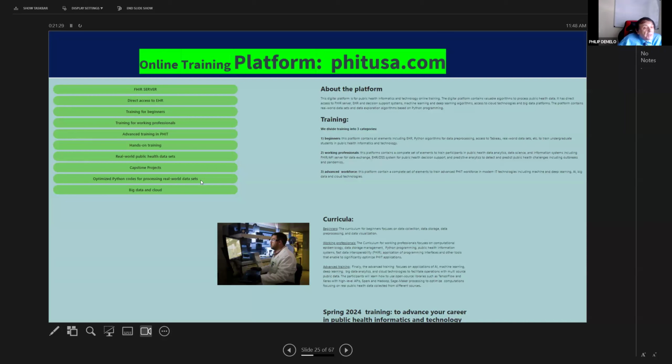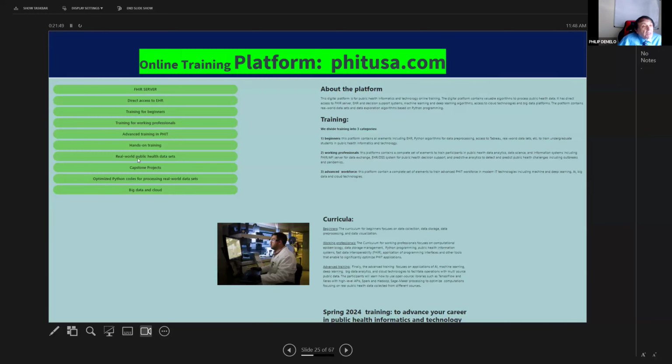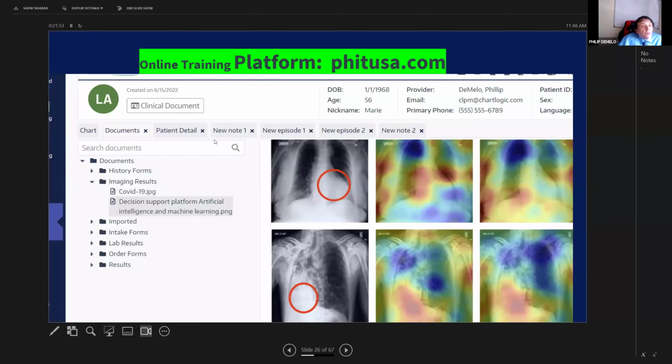Plus, we have big data and cloud access to big data platforms like Hadoop, Spark, and clouds like AWS, for example. Now, for instance, when you click on direct access to EHR, they go to the electronic health record and they can see